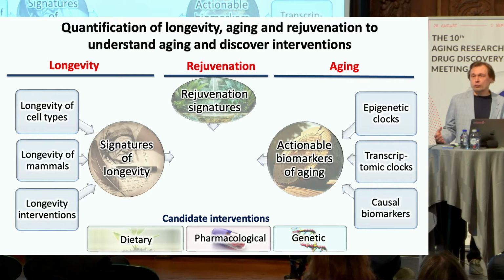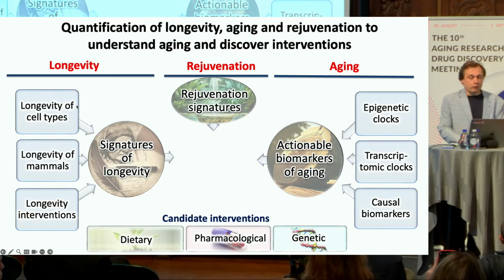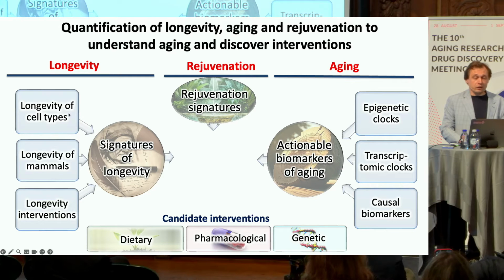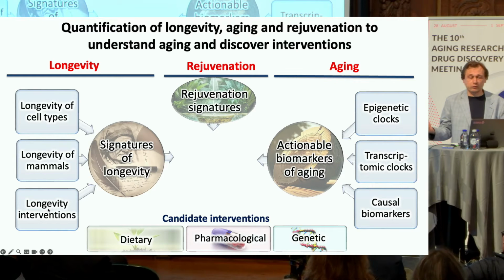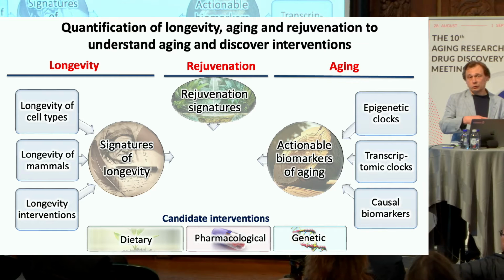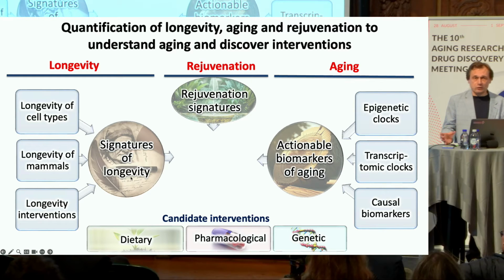How exactly do we move from the short-lived state to the longer-lived state? And for this, we study signatures of longevity. We study them across cell types, mammals, and interventions. For example, some cells are short-lived, some longer-lived, some mammals short-lived, some longer-lived, and some organisms shorter-lived, but subjected to interventions, they are longer-lived. What exactly is changed? What are these principles of how we could manipulate the organism at different levels so that it becomes longer-lived? This results in so-called signatures of longevity, which are typically omics patterns, which we develop from this comparative analysis and which we apply